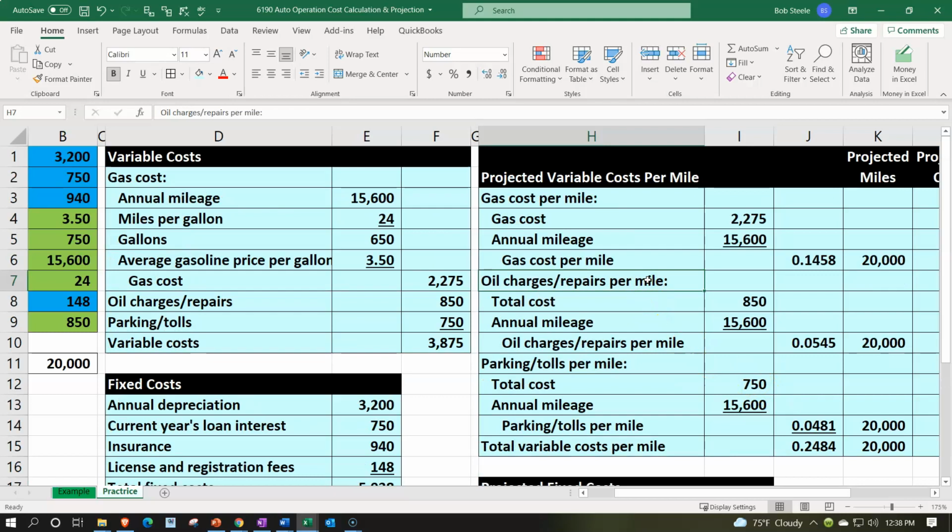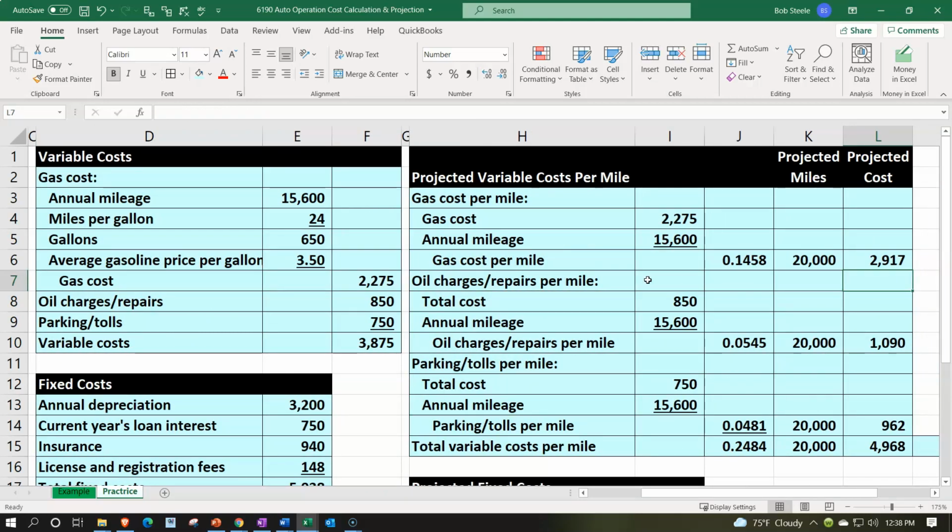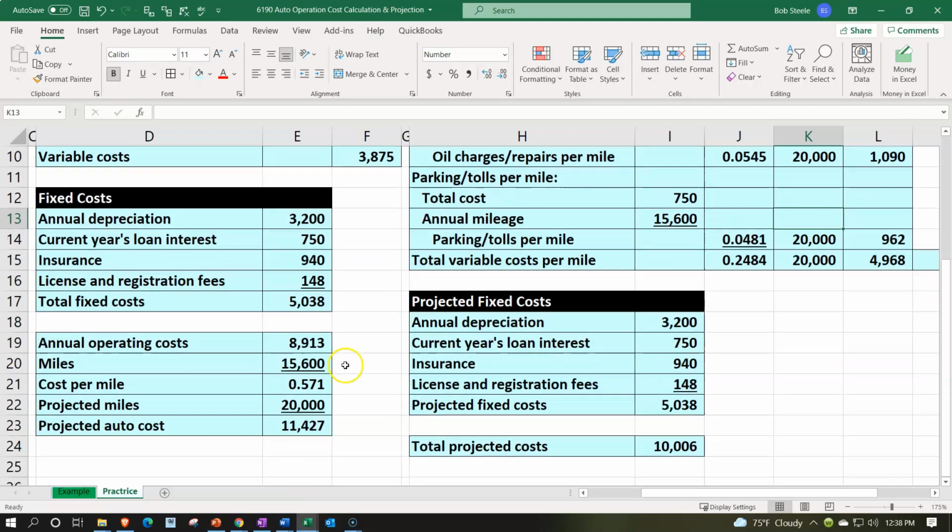It really bothers a lot of people that like things to work perfectly. Obviously when we break out between variable costs, things don't change, like oil changes aren't going to change exactly related to the number of miles we drive. It's more like a stepped up, tier up thing. Every 3,000, 6,000 miles, you can get more detailed if you want. The question is, how detailed do you want to get versus the information you're getting? And the same with the parking tolls. It's not perfect to kind of break it out, but it's better than just trying to take the total here and put that on a cost per